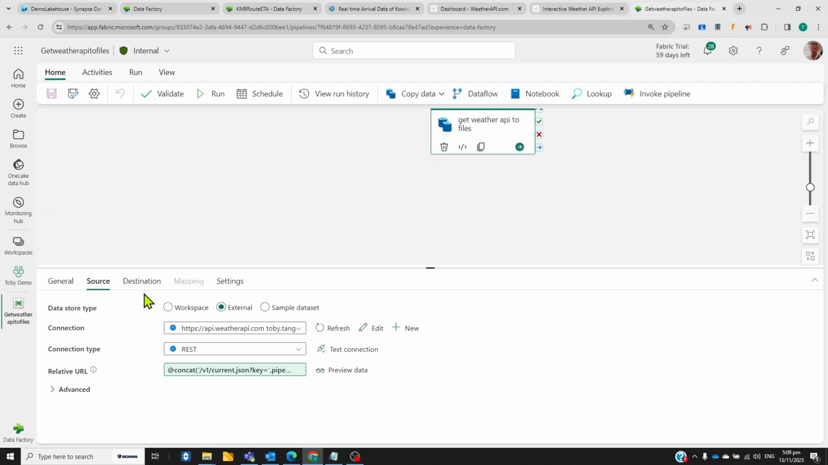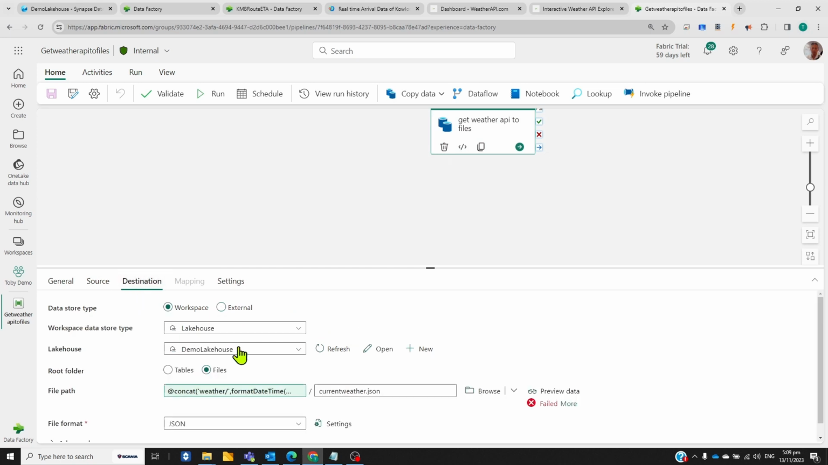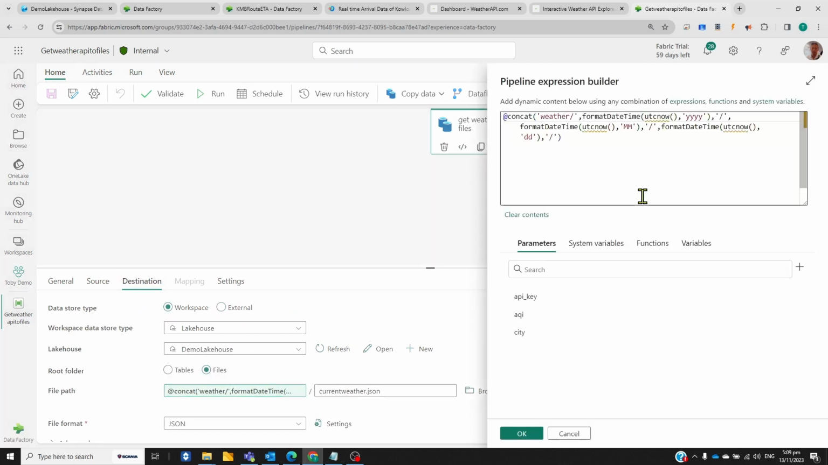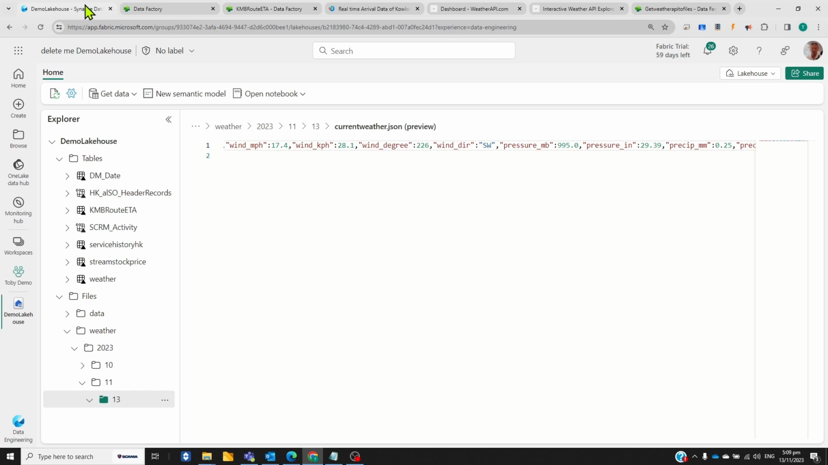Just one more thing I want to mention is the destination here. I create a folder like weather, and then year, and then month, and then date. You can change this structure. You can maybe put it in the same folder, but with just the date different in the file name. In return, you will get a different structure for your weather API data. So this is just an illustration of how to grab API data using a Lakehouse data